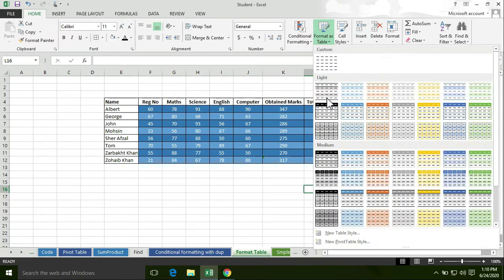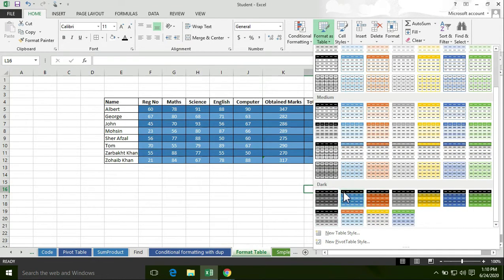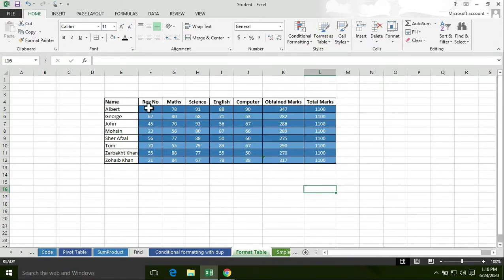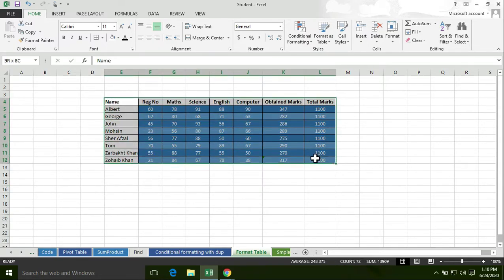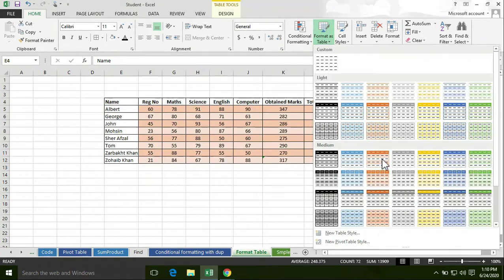Now this is the dark option. The dark color is also applied to this table. So it's up to you what kind of format you want to apply to this table. Select this whole table, then select format as table, then click on custom.